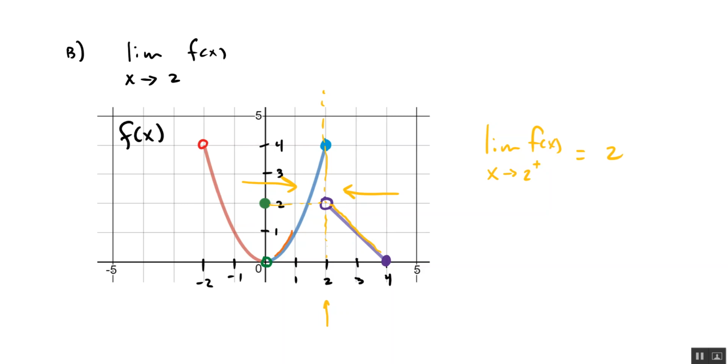And if we come from the left, I'm going to do the left in orange. It's kind of hard to see that that's orange, so I'm going to go back to yellow. As I go towards 2 with my x value, and I follow the y value with my finger, it looks like the y value goes up to 4. So the limit as x approaches 2 from the negative is 4. Because these two are not equal, meaning they're not the same thing,